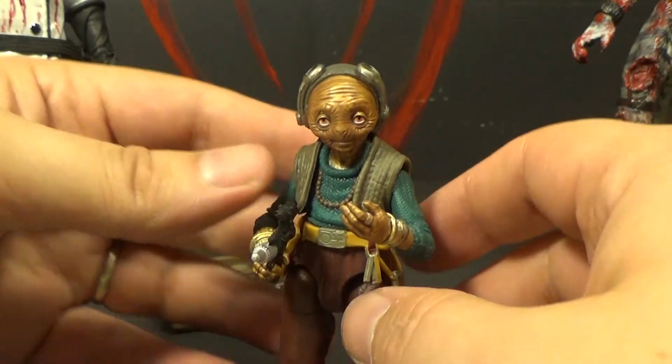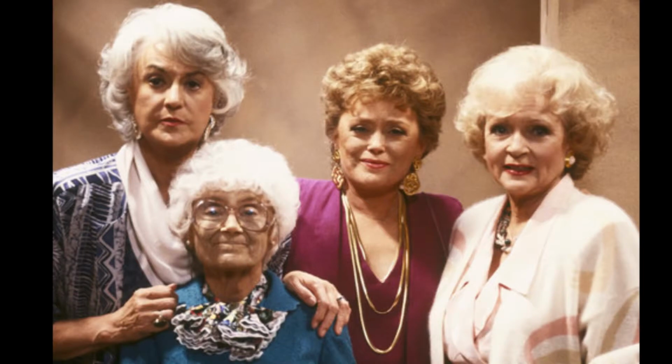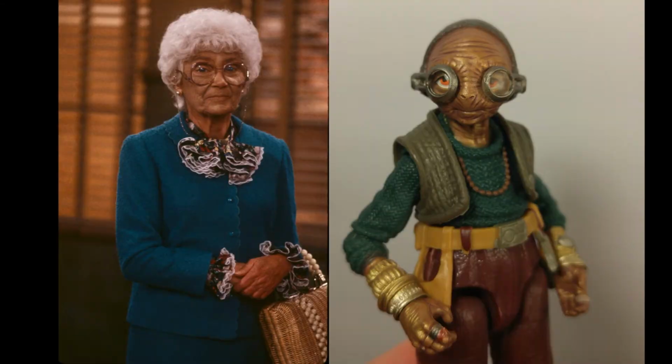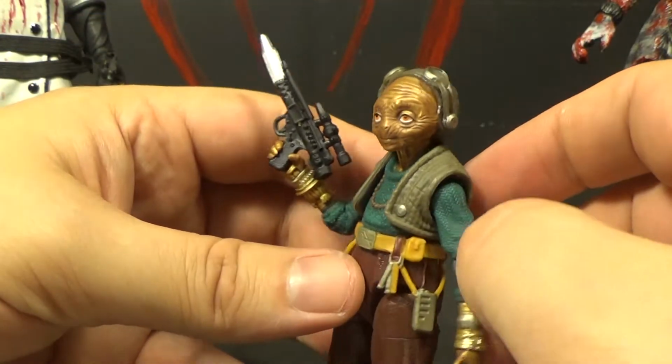She's just so damn tiny. It's funny. Oh, what is that lady's name? She reminds me of the little old lady on Golden Girls. Maybe that's why they made her golden looking. What's her name? Sophia? Yeah, that's who she is. She's a little tiny. She's Space Sophia. And she was super short too. Damn,